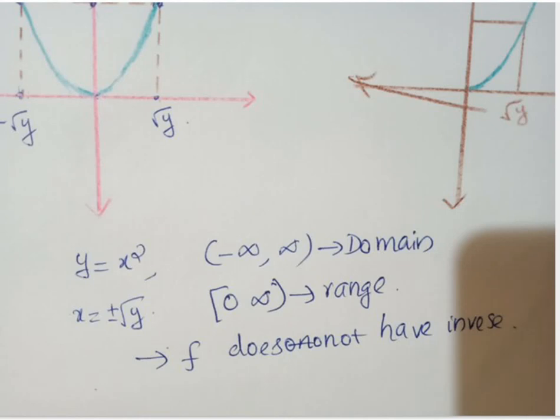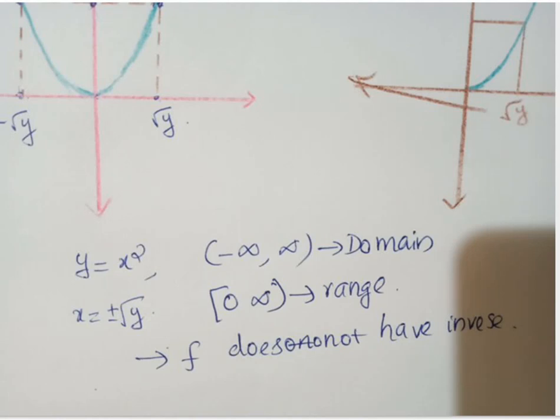So the question for all is: this f does not have an inverse. Why does this function not have an inverse? What is the reason for that? Explain. Right? So then you can see that since it does not have an inverse, so we can say that